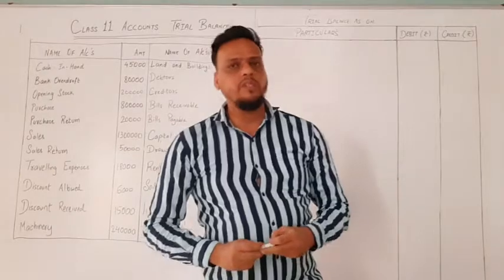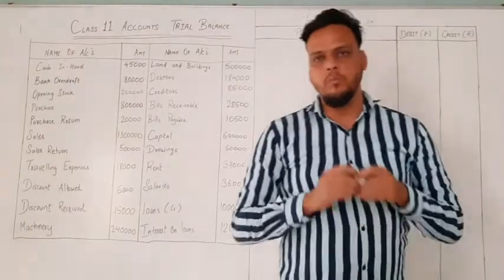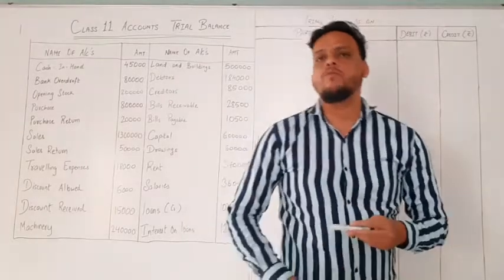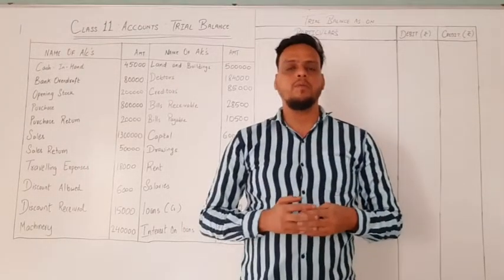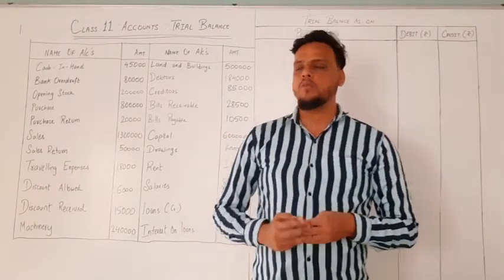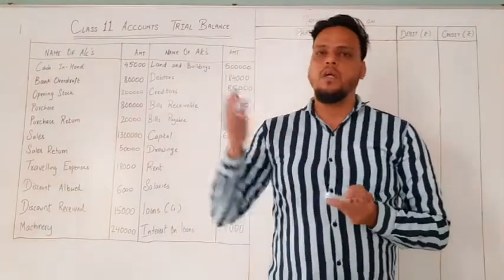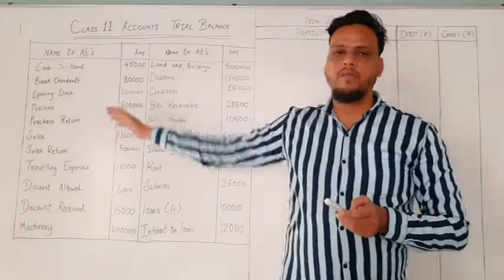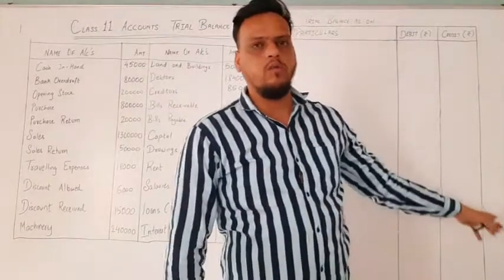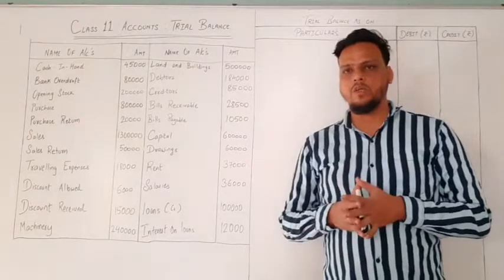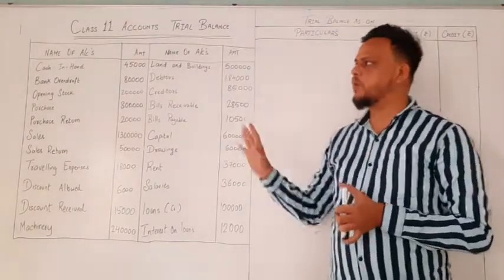In today's video we are going to do one more sum of trial balance, and this will be the last question for the trial balance. For solving, you have to write from the board itself: take a pause option, write all the questions from the left hand side, and then solve on the right hand side by yourself. So in today's video we are going to solve a simple question.